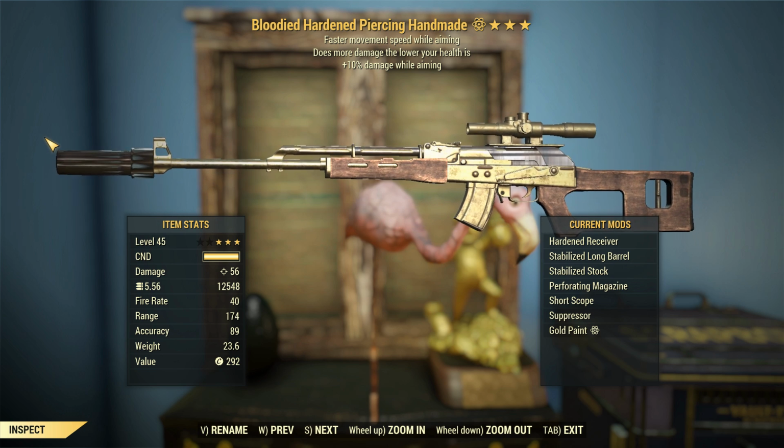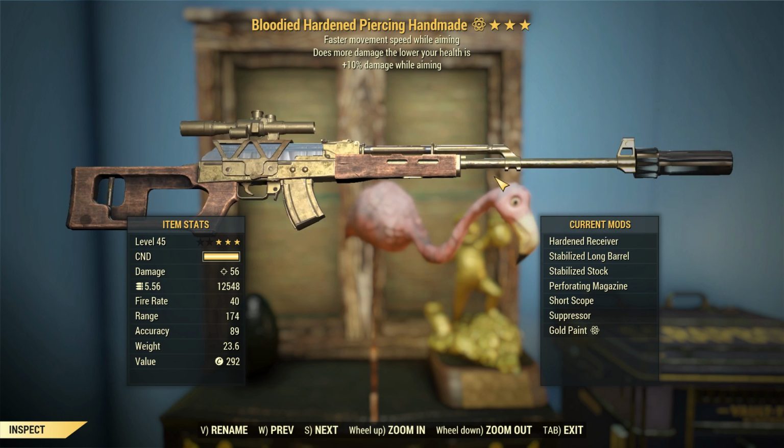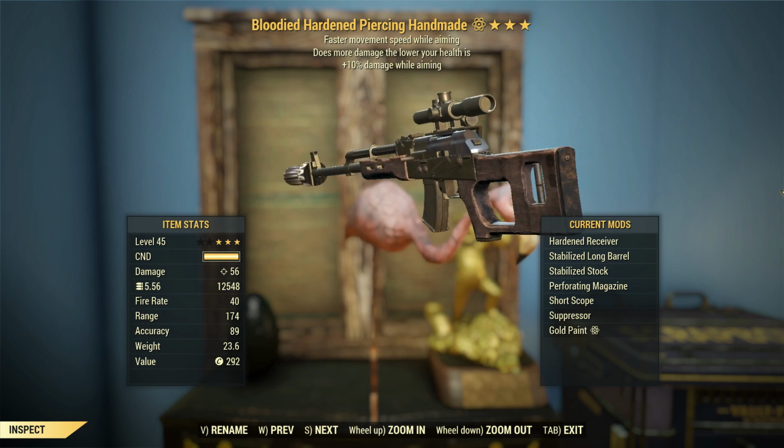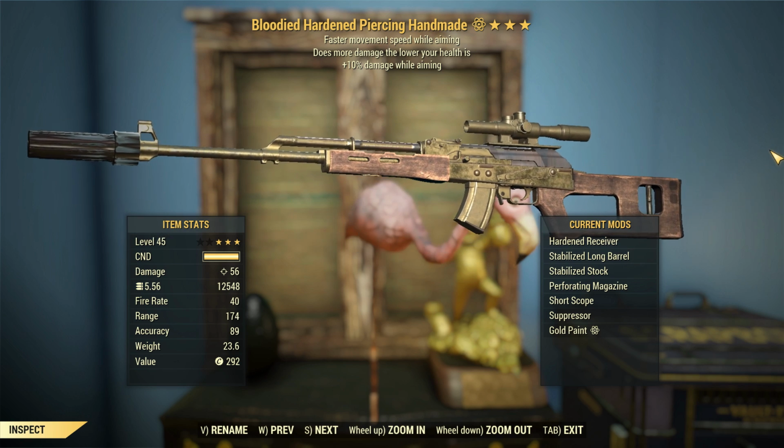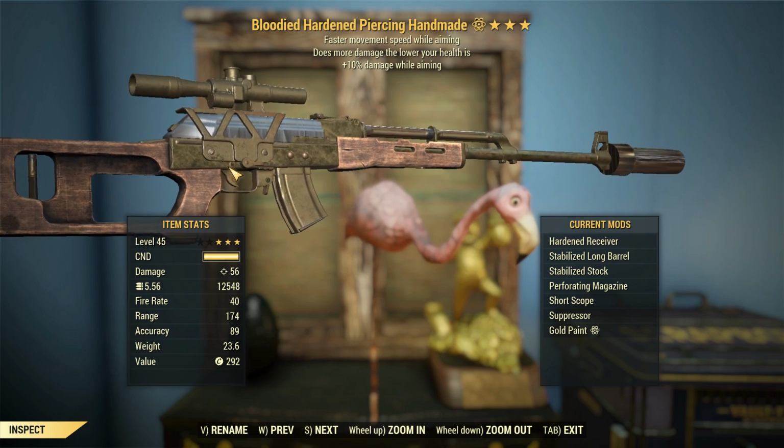But anyways, yeah, got the stabilized long barrel and stock on there. Usually I'd go for true or maybe aligned, but I'm going for form over function and making this thing look like an SVD. Speaking of looking at this thing, you'll notice how I've got the gold paint on it, and